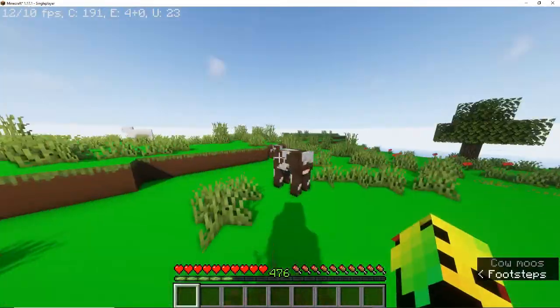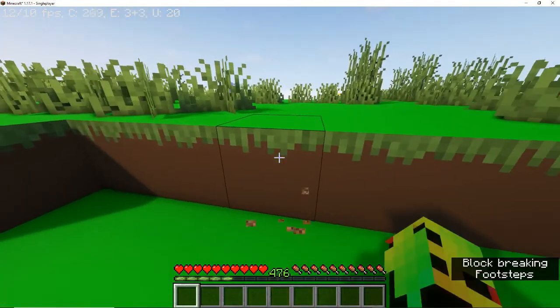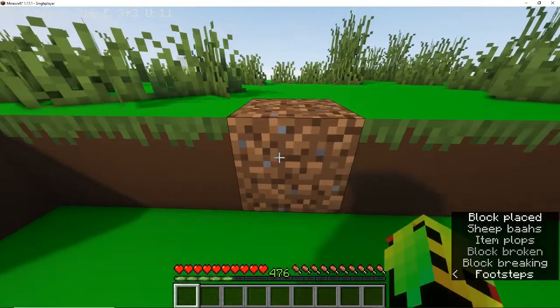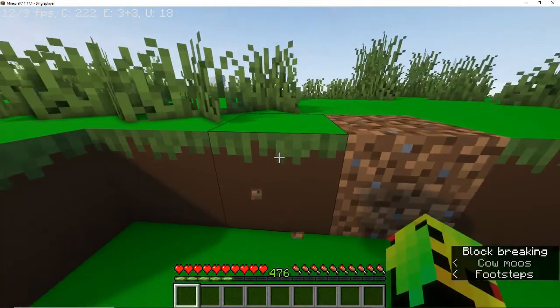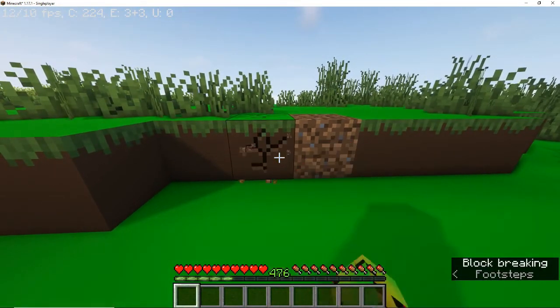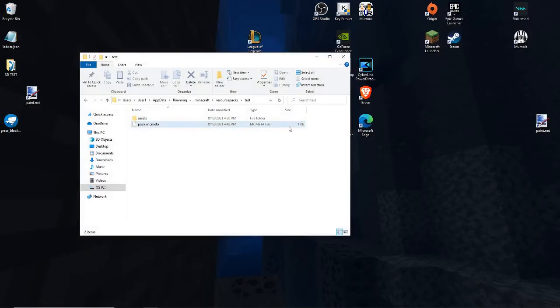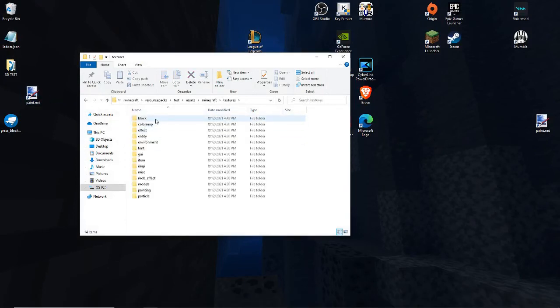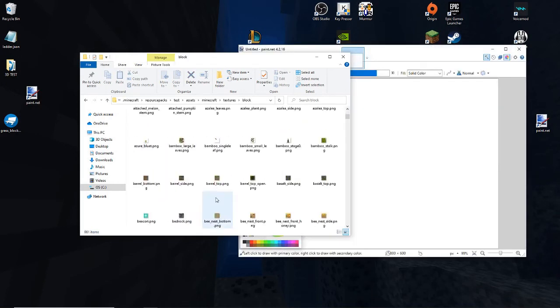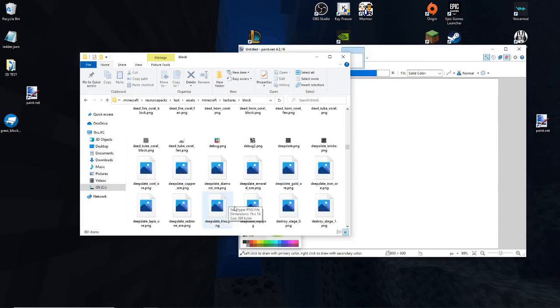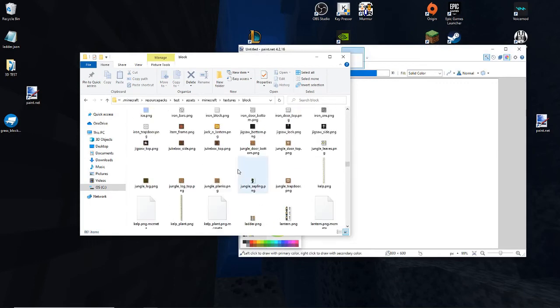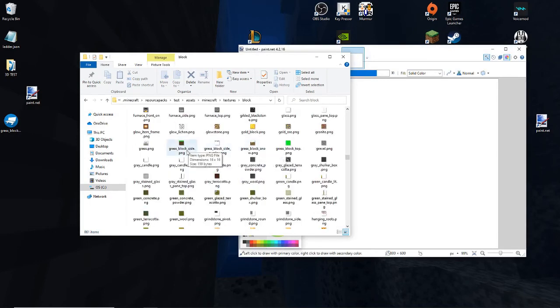Everything's green. Now, to fix this overlay issue right there, that looks weird with the transition between the two. Oh, and the particles are still the same. That's weird. But to fix that issue that I just noticed, you need to go into assets. You probably need to reopen paint.net. Open Minecraft, textures, block, and when you go down and you go to the grass,